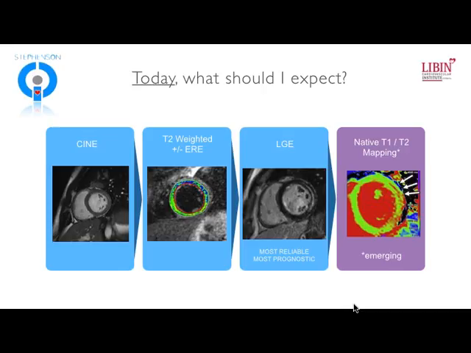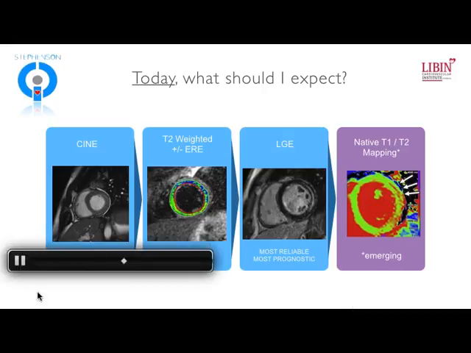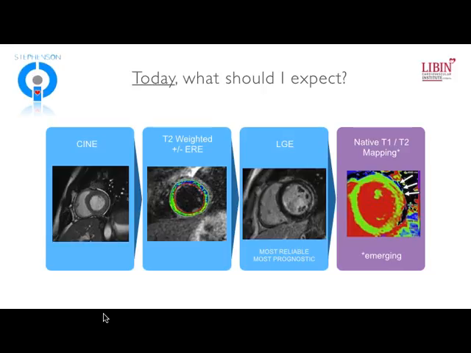And so we've talked about some things on the horizon, but today, in 2015, what should we expect when we order a cardiac MRI? We definitely are going to expect cine imaging. There's no doubt about that. And so the capacity to get accurate prescription and analysis of both left ventricular volumes, function, mass, and wall thickness is certainly there, and obviously to look for any pericardial effusion. That's going to be at the core of any imaging study.